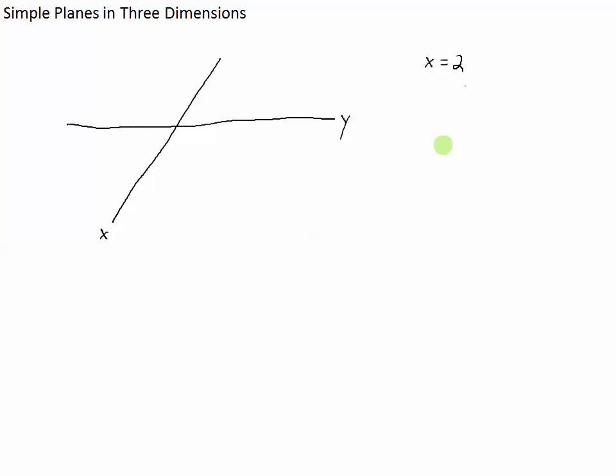This equation tells us about X. It tells us nothing about Y. So Y has no restrictions in this equation. Okay? So if I were to graph this equation X equals 2, I'd want every single point in this 2-dimensional plane where X is 2. Well, X is positive 2 here. For example, here's a point where X is 2. But also, this point over here, X is 2. Y just happens to be a different number. Y is positive there. And in fact, you can see that when you go to graph this, X equals 2, you simply get this line that goes through the x-axis